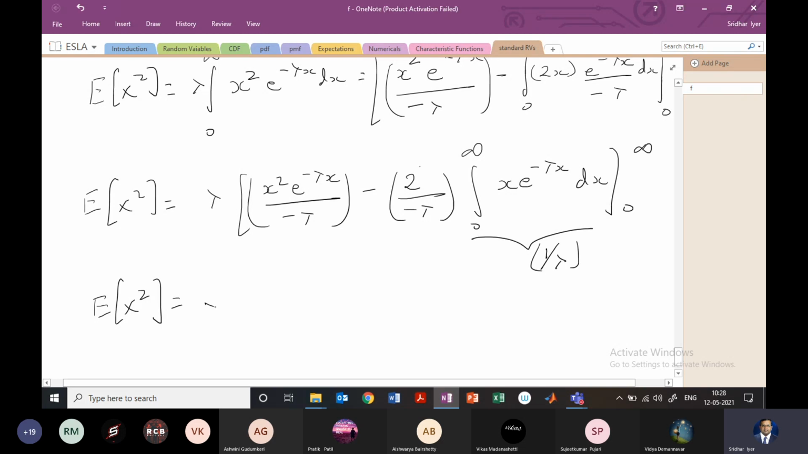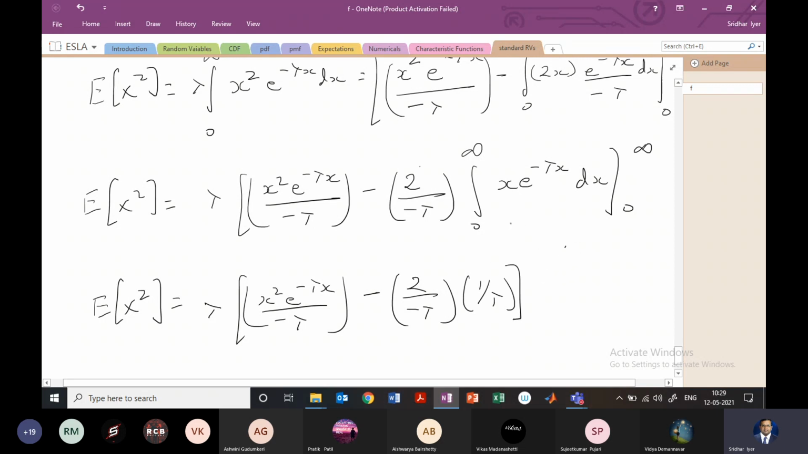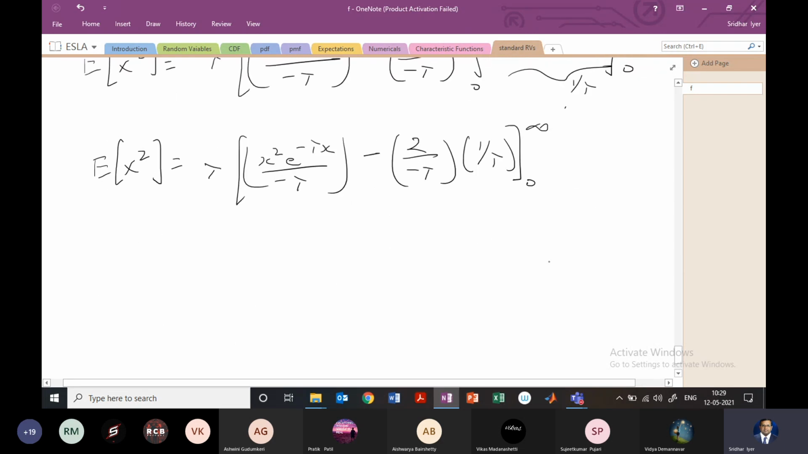So what we'll get at the end is lambda as it is, x square e raised to minus lambda x by negative lambda, the first term is as it is, minus 2 divided by minus lambda, and that integral, as I just specified, is 1 by lambda, right? So that integral is just 1 by lambda, and all of this goes from 0 to infinity, right? Therefore E of x square,